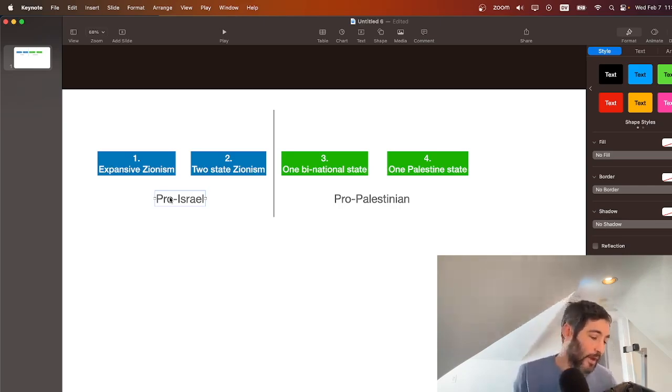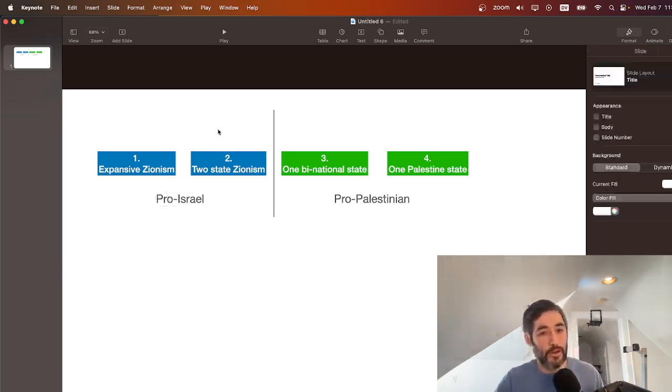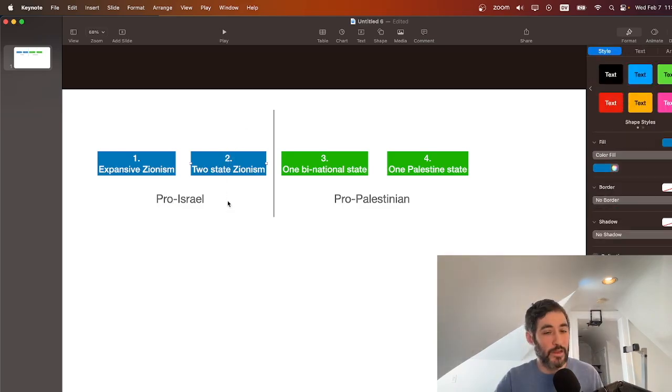It's very interesting. And they're also very sensitive, right? They're very sensitive to the way in which the questions are asked. And so, I don't want to get too bogged down in the weeds of the exact percentages, right? It seems to me that two-state Zionism used to be the mainstream view in Israel until the